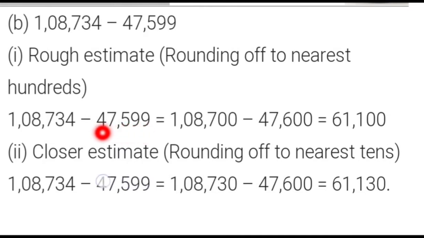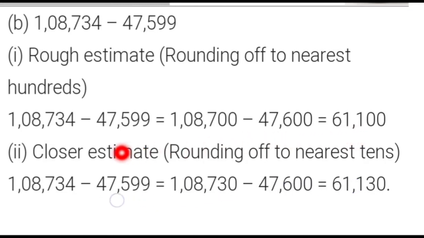Now let us talk about 47,599. As the number in the place of thousands is written as it is, we are going to write 47 as it is. Think about rounding off to hundreds. So 599 lies between the numbers 500 and 600, and as 599 is very close to 600, we are going to write this as 47,600. Now let us do the subtraction of these two. After subtracting, the number we get is